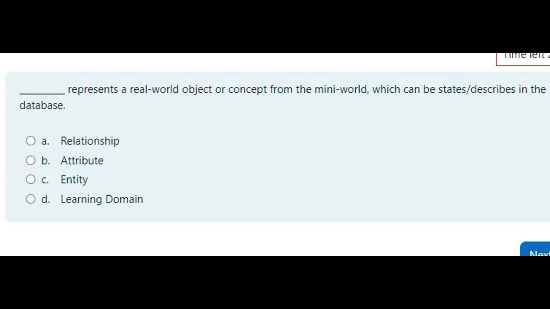In database terminology, what represents a real-world object or concept from the mini-world, which can be described and stored in the database? A. Relationship. B. Attribute. C. Entity. D. Learning domain. Answer: C. Entity. Explanation: in database design and the entity relationship